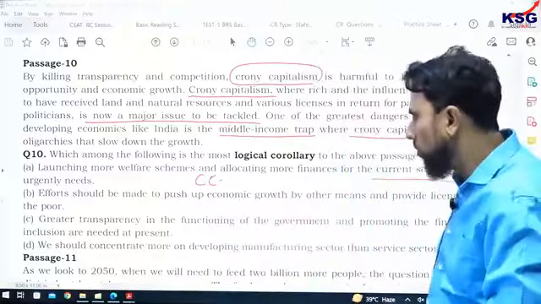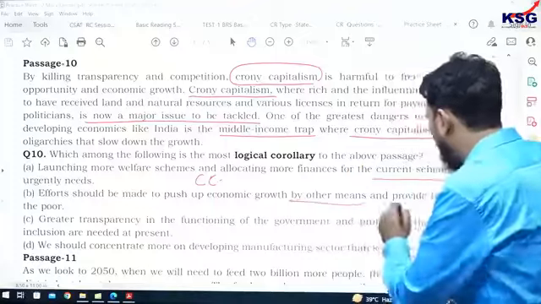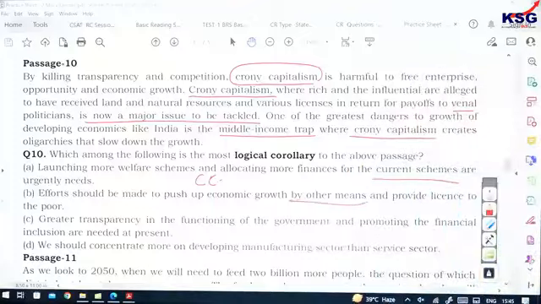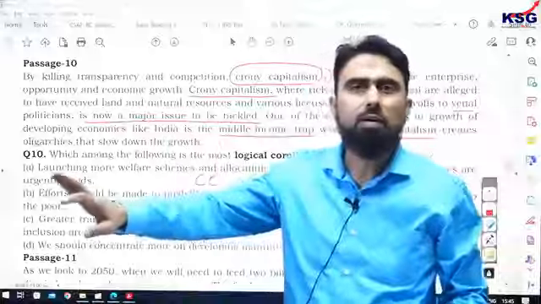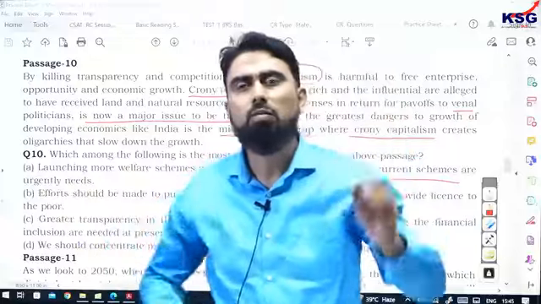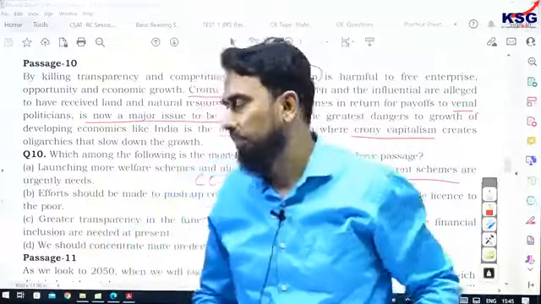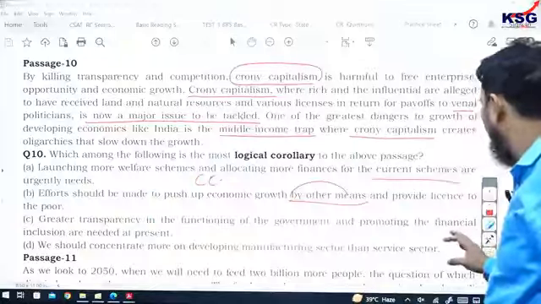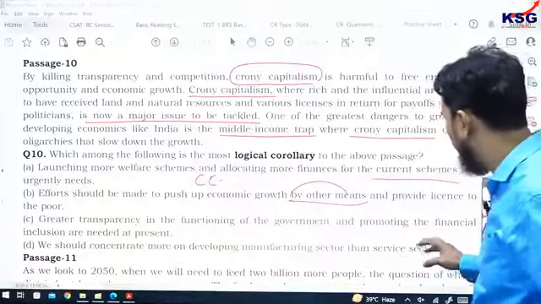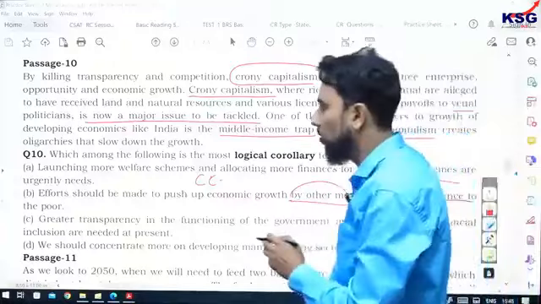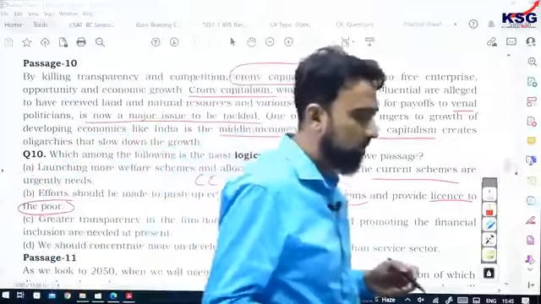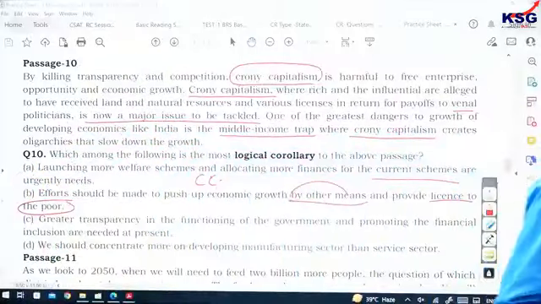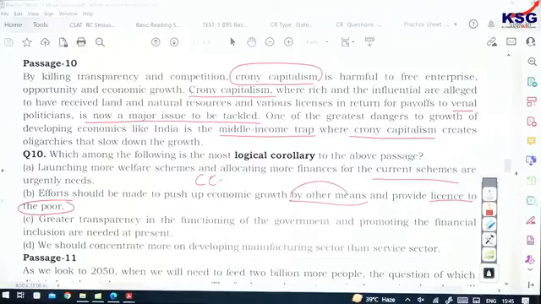B, efforts should be made to push up economic growth by other means and provide license to the poor. By other means, like let crony capitalism stay there. We should just go for the alternate route. And one more logical error is here, and provide license to the poor. The question is whether the poor can undertake those projects that are being undertaken by the